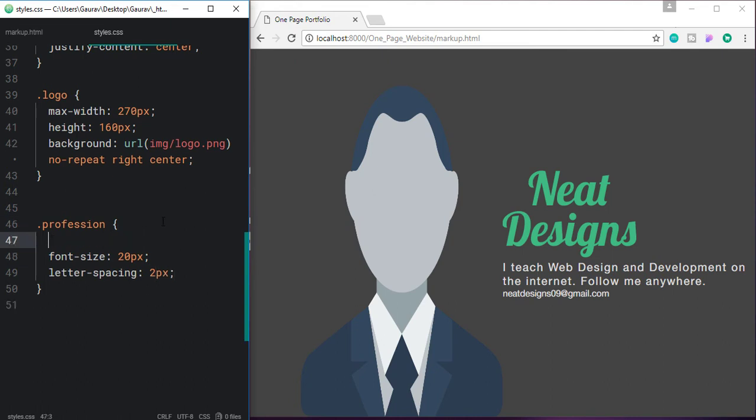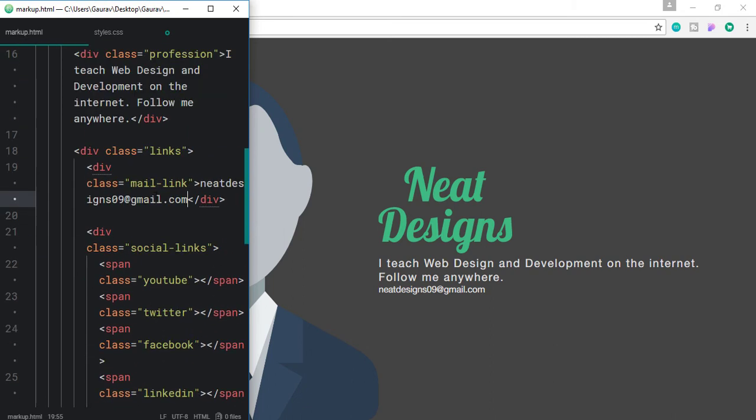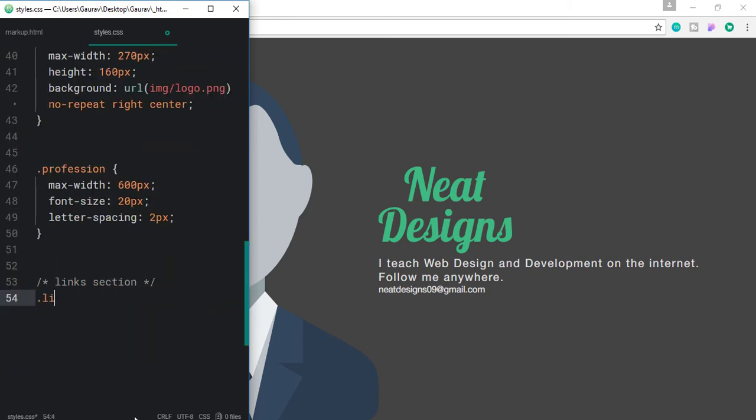And for profession, let's give it a max width of 600 pixels. If we don't give max width here, the text will take the full width of its parent. So I'm giving a max width of 600 pixels. Okay, and now let's move on to the links section here. We have given the class of links. So let's type links,